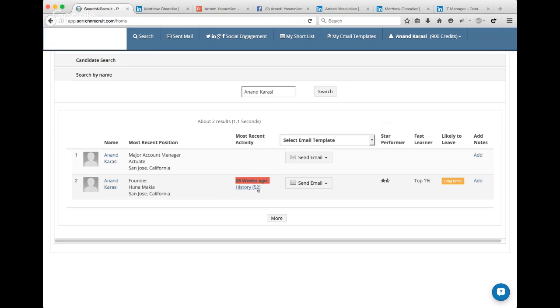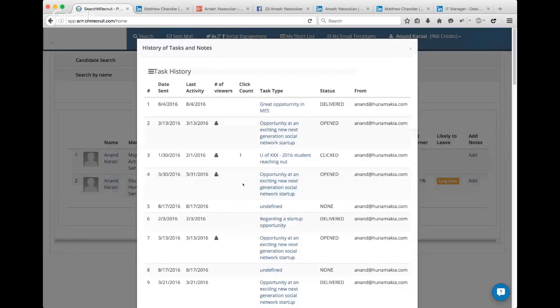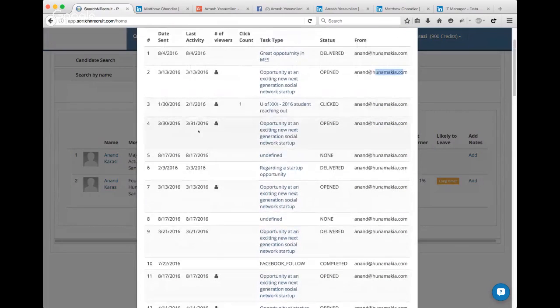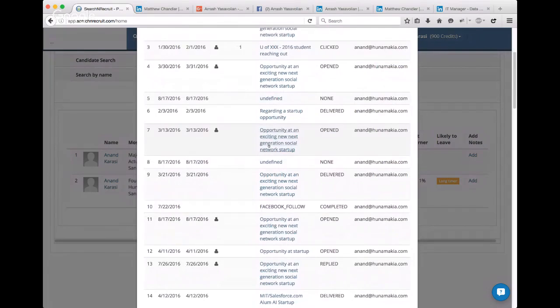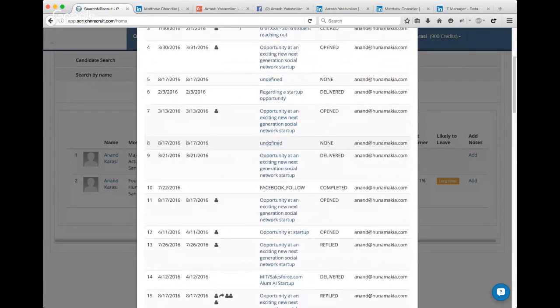If any one of your colleagues engages the candidate by email, or has done something on social media, you get a notification in the history section where you can see who from your company engaged with that candidate, when, what happened, what email did they send, was the email viewed, was the link clicked, on what date, and you would see all the history. So you're not stepping on each other's toes if you're both working on similar open recs,